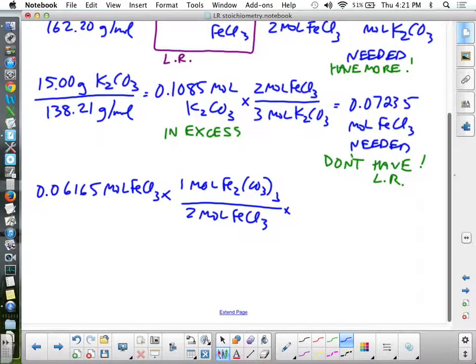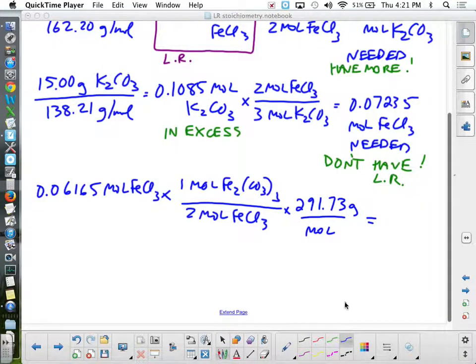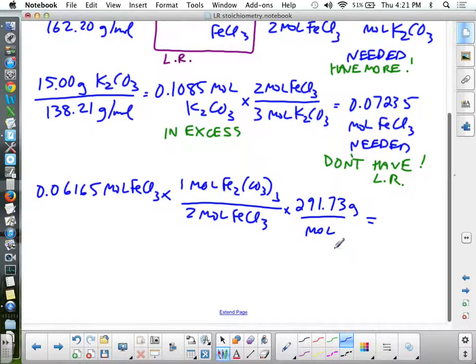And then multiply that by the molar mass of iron 3 carbonate, 291.73 grams per mole,